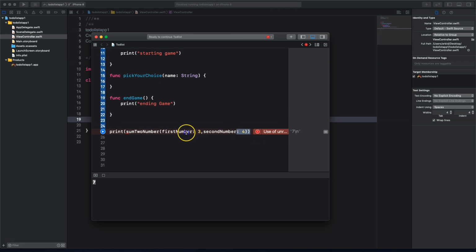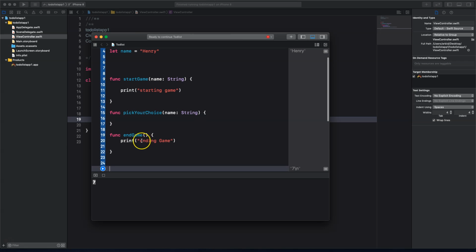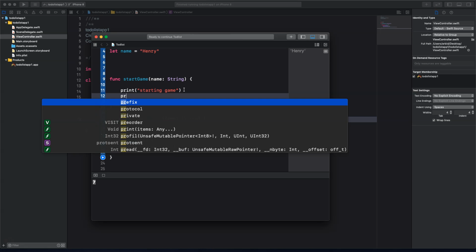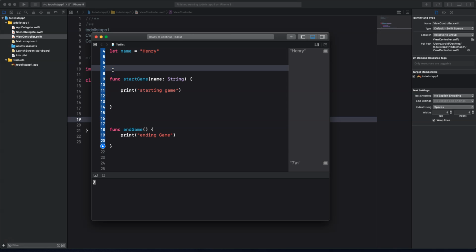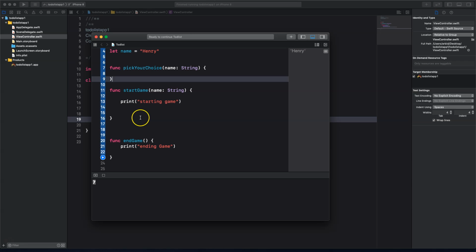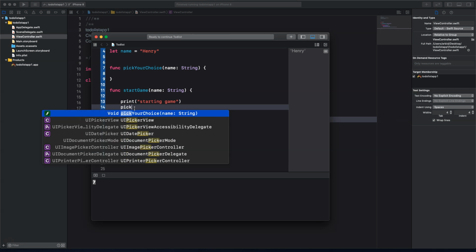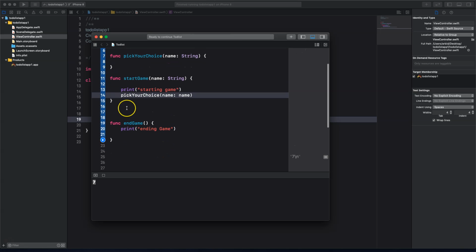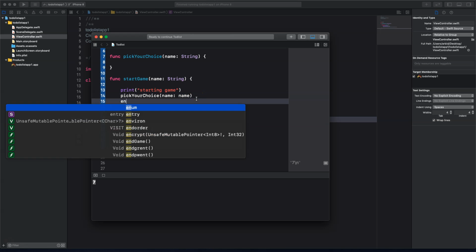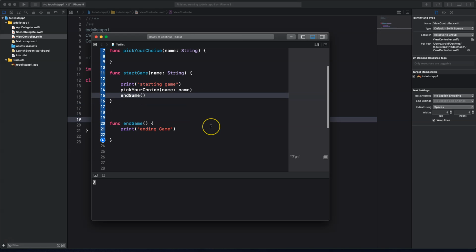So if I'm running this, start game, it would already have pick your choice here. You should put this on top so you can see it. That's another thing with global scope: it has to be before the function for it to see it. And then you just pass in the name, see? And then end game after. See, I can't end game. Oh, yeah. All right, so if I go ahead and run it,